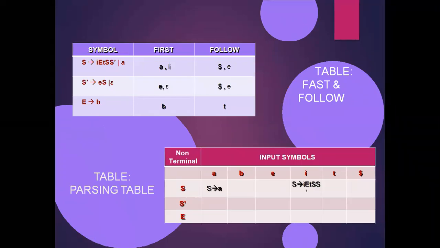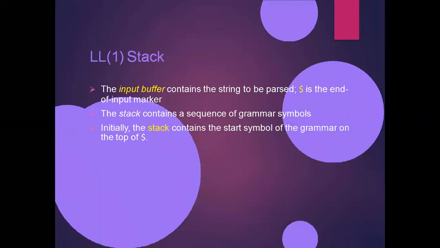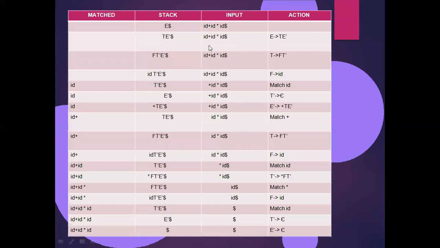Move some variable with a terminal from the parsing table, right? And move E comma ID means what rule do I get? Production rule E tends to ID. So what action do I need to perform? TE dash. I need to push this TE dash into the stack. What it means is E dash is pushed into the stack, and now T is pushed into the stack.